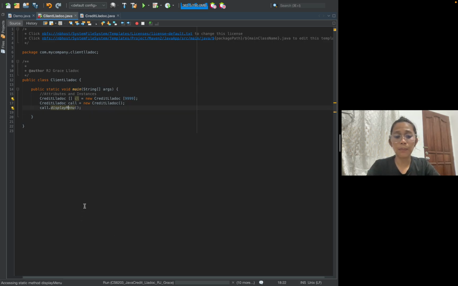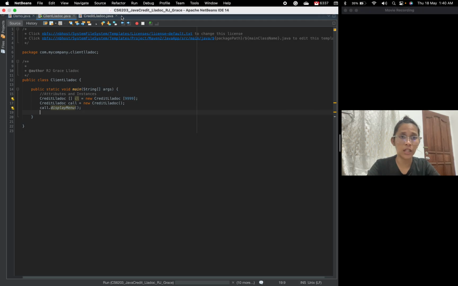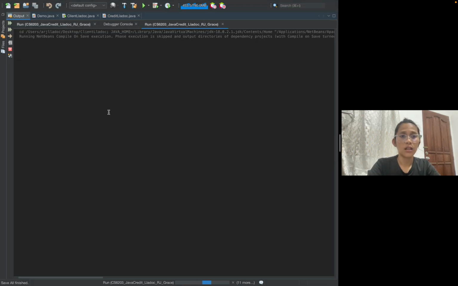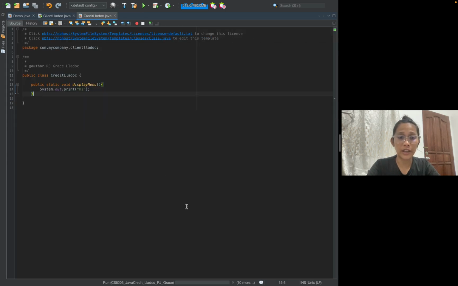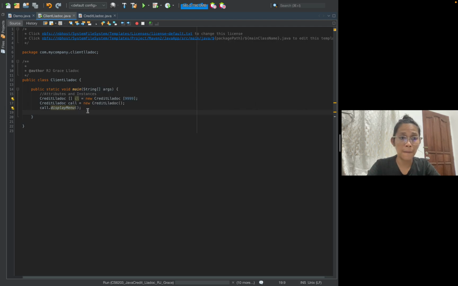This one will not perform an error because there's no return value needed, and even though it is not in the drop down for the methods in the credit class, because it should not be used in other classes, only here in the credit class, it can still be inherited by this main class as long as you instantiate the class and use it like this. So now that we were able to call the display menu,